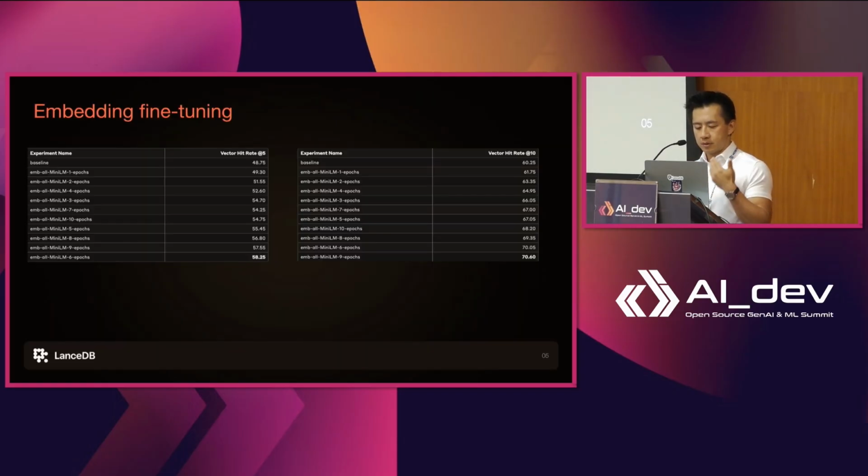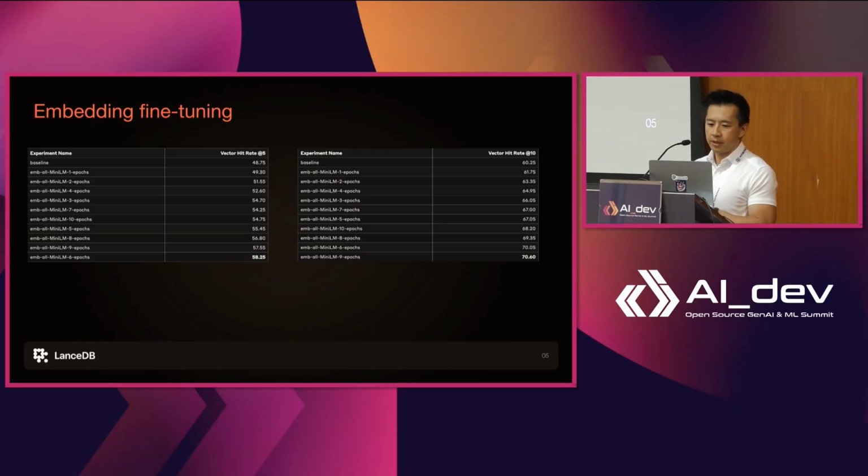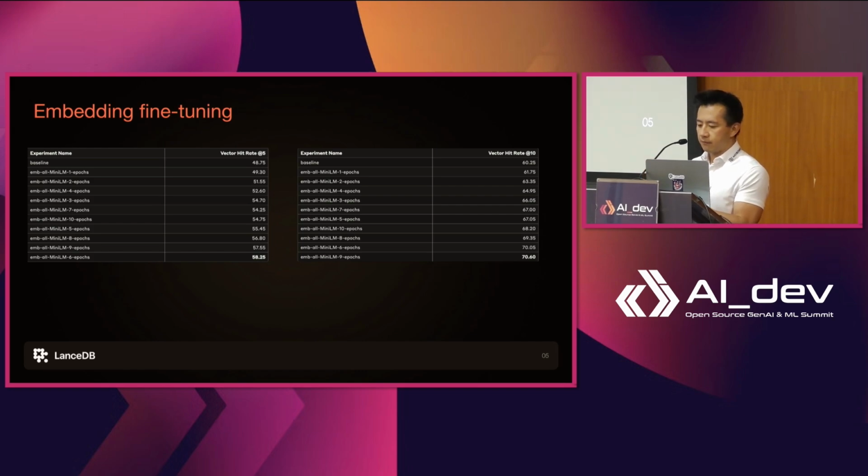But what's interesting, and what not a lot of people consider, is fine-tuning the embedding model itself. Fine-tuning the embedding model is a lot simpler than fine-tuning the LLM, and it gives you pretty good results. This is an experiment that we ran. The baseline non-fine-tuned embedding model hit rate at 5 is about 48.75. We get about 10% better hit rate just by, this is roughly 6 epochs of fine-tuning for this